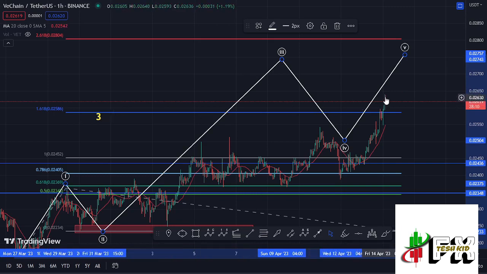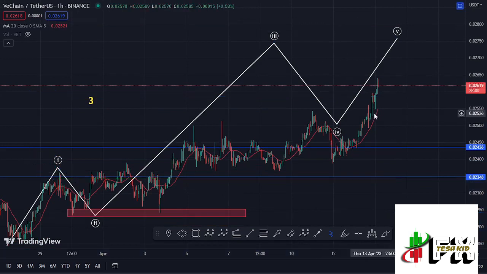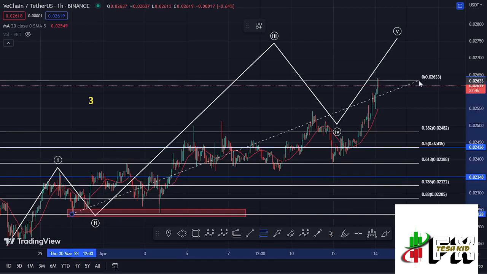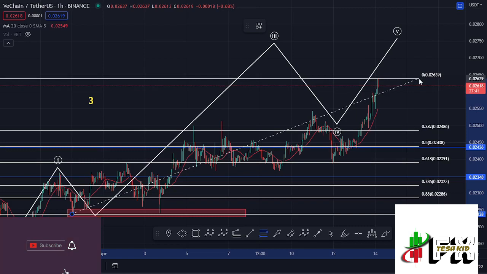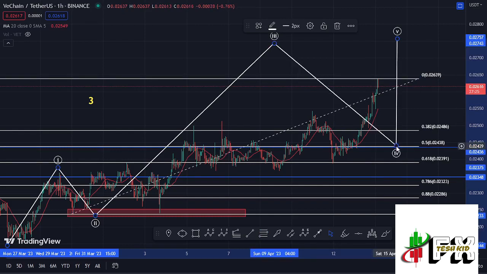and in a move that has now given us a high at around the $0.0264 mark, there are also chances that that high is now the high for that wave 3, and we might start cooling off in the formation of that wave 4. And in case that is the case, we can use the Fibonacci's, connecting them from the low of the first wave, that is the second wave down there, to the high that you have at around the $0.02633 mark. And by so doing, I can be able to get a minimum retracement area in the formation of that wave 4 between the fib level 0.5 and the fib level 0.382, which is a target area that lies